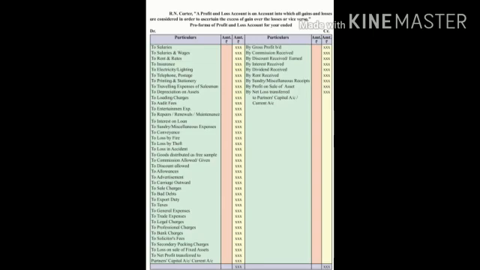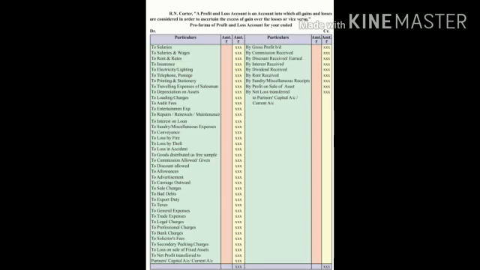Now see, administrative expenses: salaries, rent and taxes, insurance, electricity, telephone, postage, printing and stationery, traveling expenses, depreciation, loading charges, audit fees, entertainment expense. These all are administrative expenses. Now selling expenses, like commission, discount, allowances, advertisement, carriage outward, sale charges, bad debts, export duty. These all are called selling and distribution expenses.